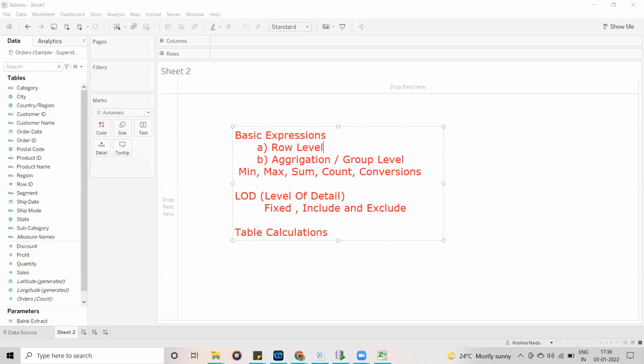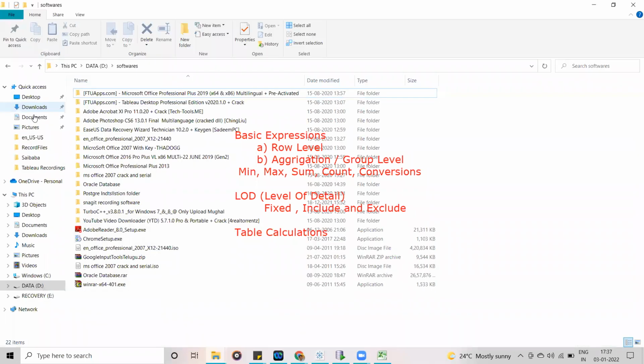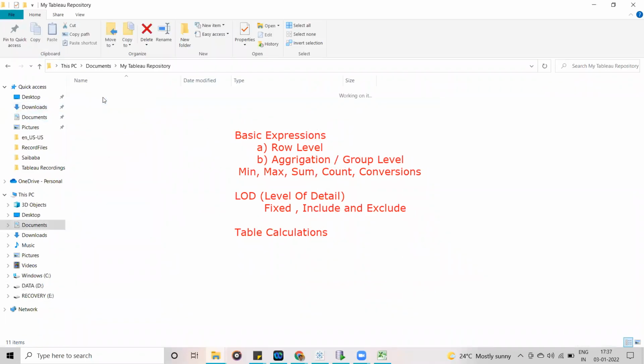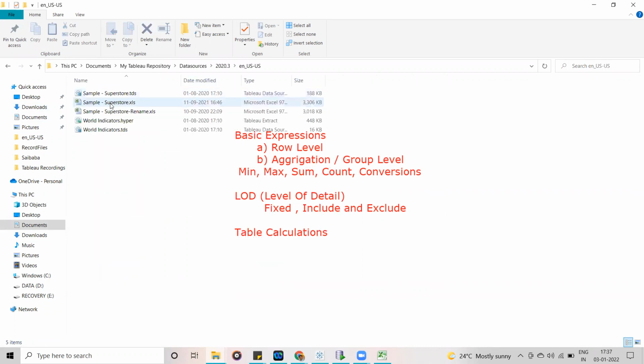So now let me open that file. So my Tableau repository, data sources, here sample superstore. This is the file we are using now.